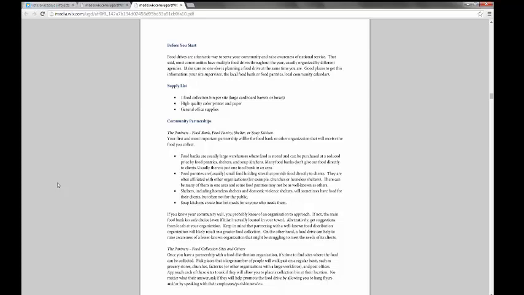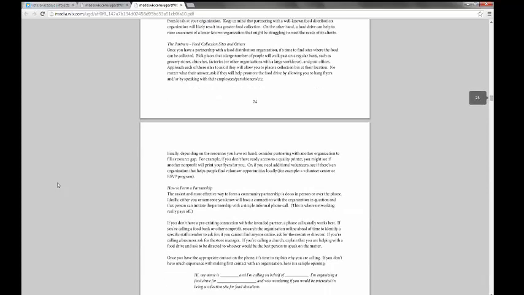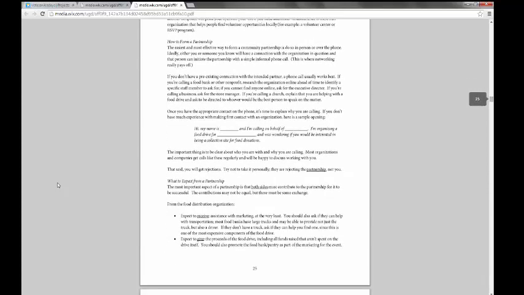So we are on page 24, just so everyone knows. We've also included a section on what to expect from a partnership for both the VISTA and the partner. And in some situations, this might be obvious, but for others, it's important to define what the partnership really is and what will contribute. So this section emphasizes the reciprocal benefits of a partnership, and we also emphasize the importance of thanking a community partner.